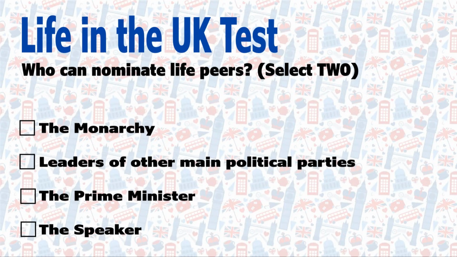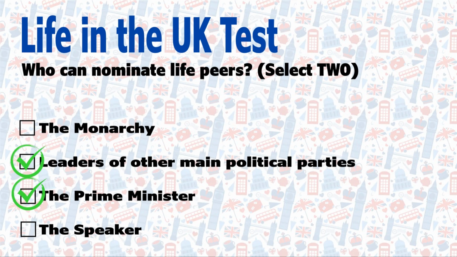Select 2. The monarchy. Leaders of other main political parties. The Prime Minister. The Speaker. Leaders of other main political parties and the Prime Minister. Since 1958, the Prime Minister has had the power to nominate peers just for their own lifetime. These are called life peers. Life peers are appointed by the monarch on the advice of the Prime Minister. They also include people nominated by the leaders of the other main political parties or by an independent appointments commission